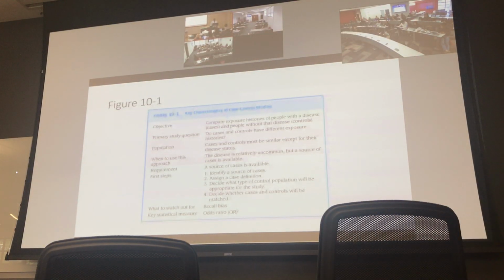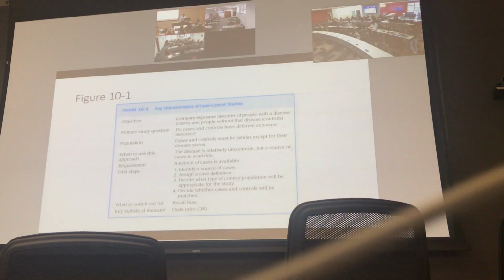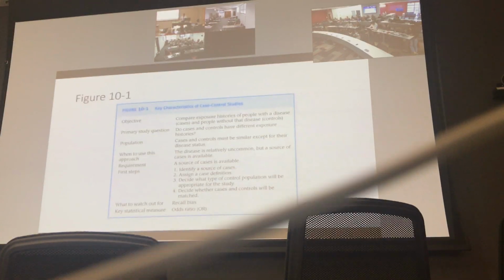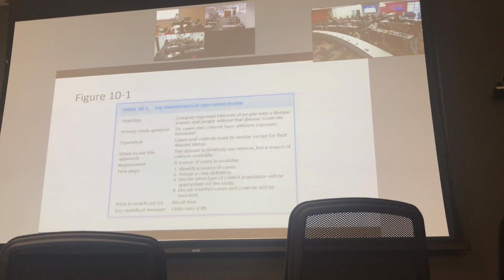And something to watch out for is recall bias. Recall bias is essentially when a significant amount of time has passed since the exposure occurred, and then you're asking someone, can you remember what you did that caused you to get this blue rash? And they're like, I can't remember. So that's essentially recall bias. Typically when we're doing studies, we try to limit it to: tell me what happened in the last month. And if you want to limit it even further, you can say, tell me what happened in the last 2 weeks. People can't remember what happened in the last 2 weeks. People can remember what happened in